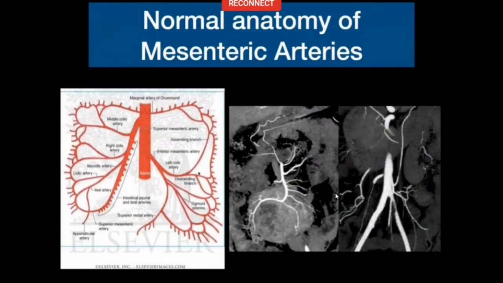One thing you should be aware of is that before the vessels penetrate into the bowel, they form marginal arteries. These marginal arteries anastomose with each other. So let's look at the two main arteries which supply the midgut and the hindgut. The celiac axis just supplies a bit of the foregut. So here comes the SMA. All the left-sided branches of the SMA supply the small bowel, jejunum and ileum. The ileocolic branch supplies the IC junction and a portion of the colon. The right-sided branches supply the colon, except for the IC junction, and the left-sided branches supply the small bowel.